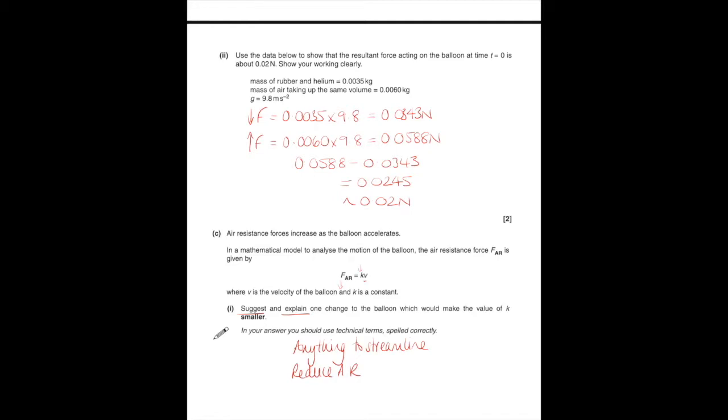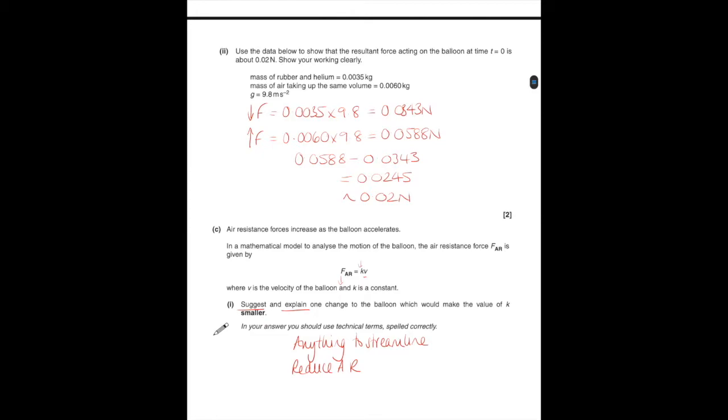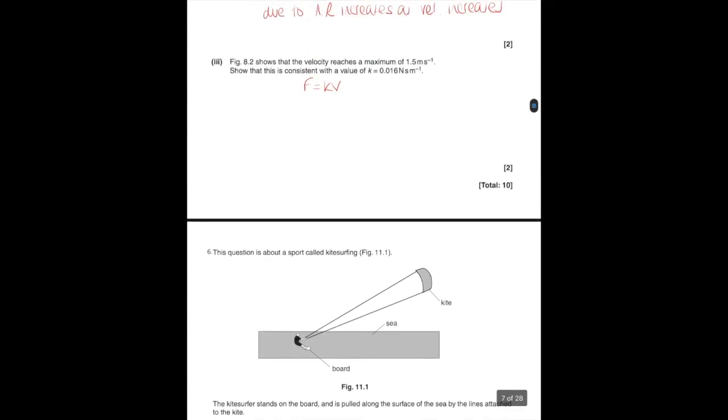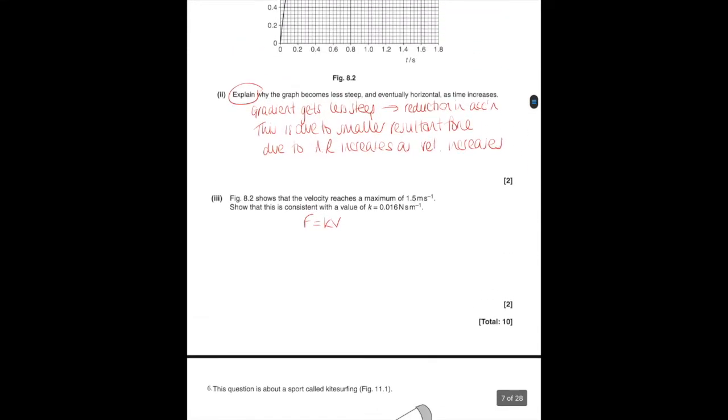So at that point, 0.02 is the biggest our resultant force is ever going to be, because as soon as the balloon starts to rise, air resistance increases and therefore the resultant force is going to reduce. So the maximum value for resultant force is 0.02 newtons. Actually, it wasn't 0.02, I'll plug in my actual value. So the maximum resultant force was equal to 0.025. I'm just going to use my whole value. And if that is equal to the velocity of 1.5 multiplied by k, that gives us a value for k